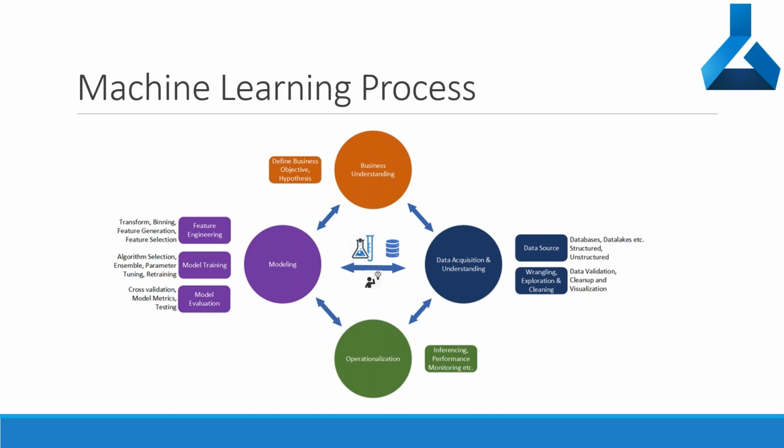So maybe when you started, you didn't have enough data, so your predictions may be a percentage that you are not happy with. But as you keep on collecting the data through this cyclic process, probably you will start getting better outcomes when you start getting more information. So this is a typical machine learning process.